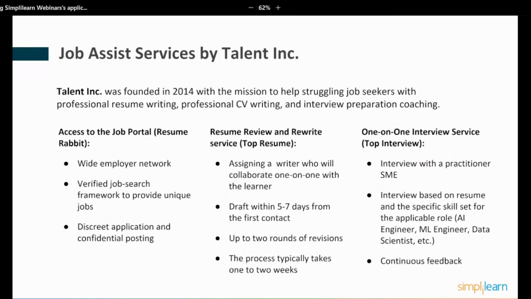The first is access to a job portal, which gives you a kind of private environment to look at sets of jobs and apply for those without revealing yourself in the public domain, the way other platforms like Indeed or Dice might. So you get to look at a wide range of jobs coming in and do it in a confidential manner.